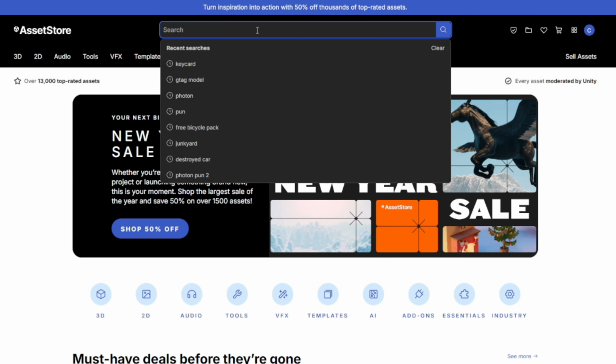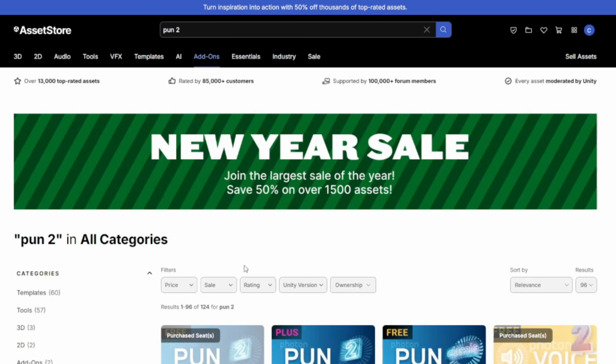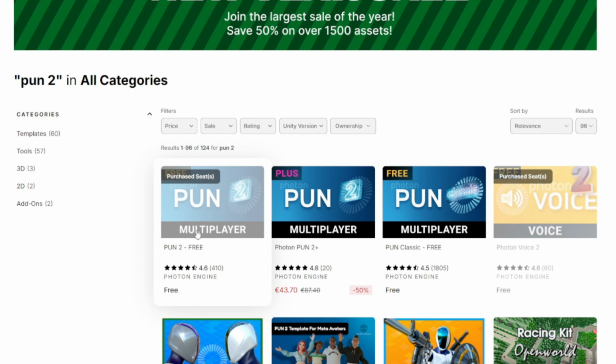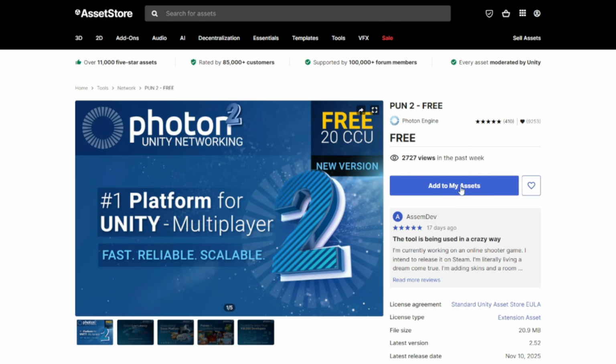Now what you want to do is go to the Unity Asset Store and just search up PUN 2. And you want to select PUN 2 Free. And then you'll probably have to sign in. Click Add to My Assets. And then once it's loaded,